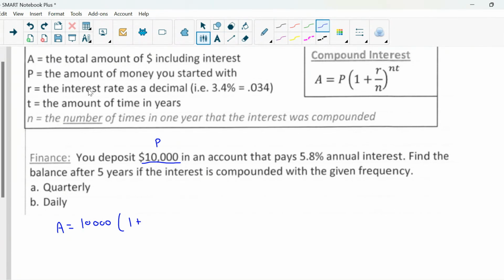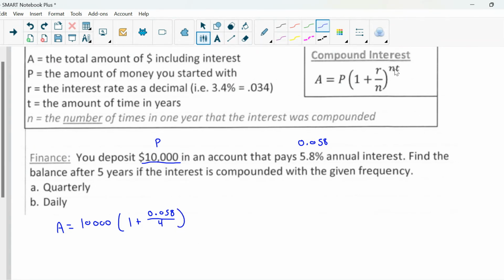So let's look at R. R is the interest rate as a decimal. So as you can see, the interest rate is 5.8%. We can rewrite that as 0.058. Divide this by 100. So we would have our rate 0.058 over N, which is the number of times in 1 year that the interest is compounded. So for our quarterly example here, our interest is going to be compounded quarterly, which happens 4 times within a year. So we'll divide that by 4,